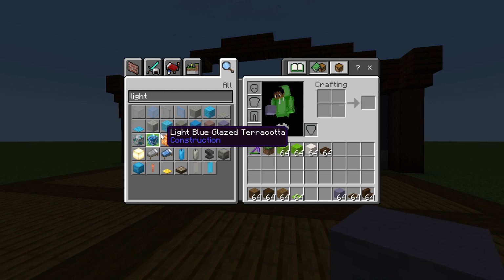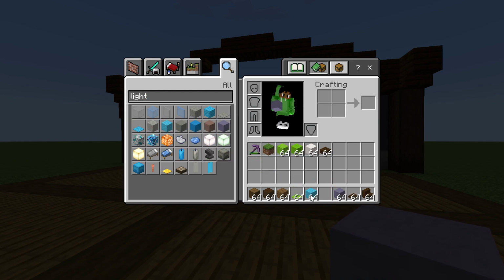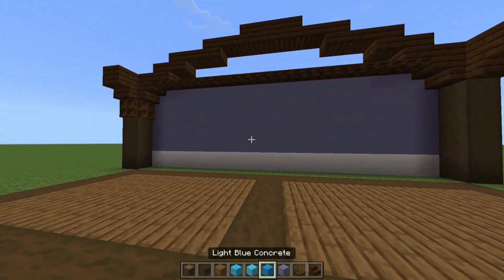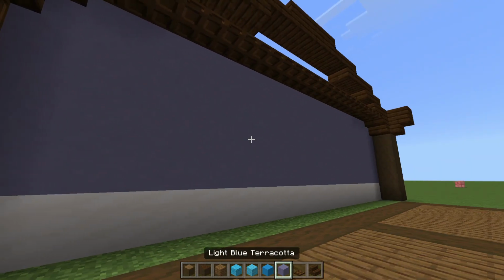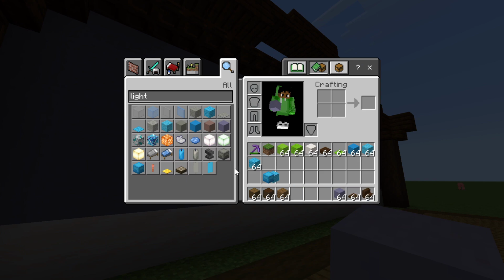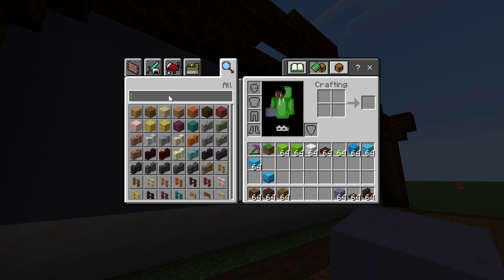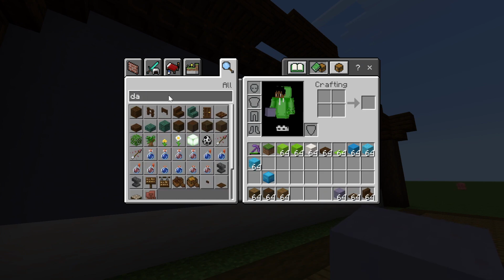I wanted it to look cool but not so eye-catching that it distracts the player from the escape room. So yeah, I did light blue